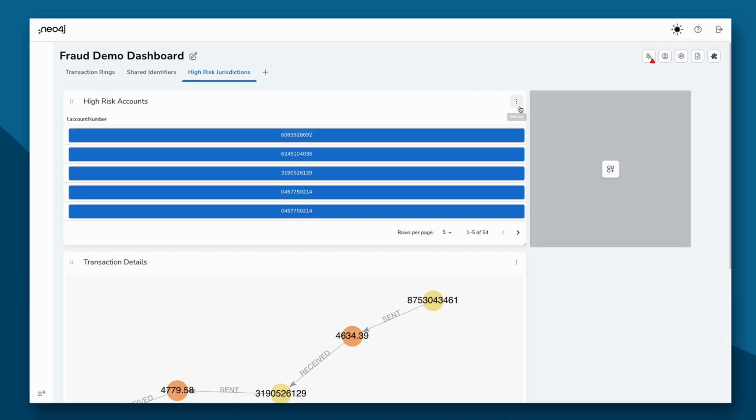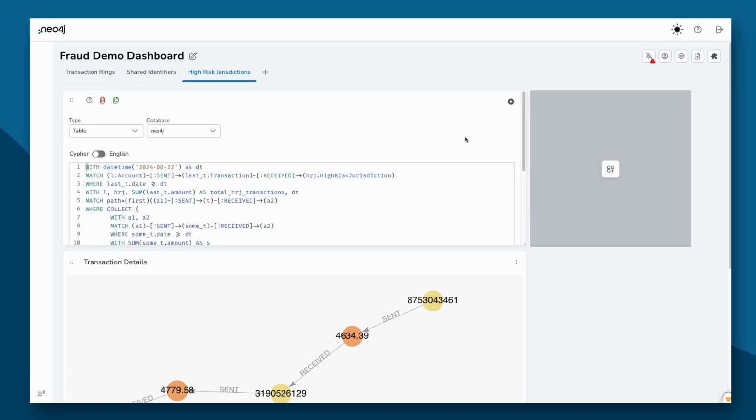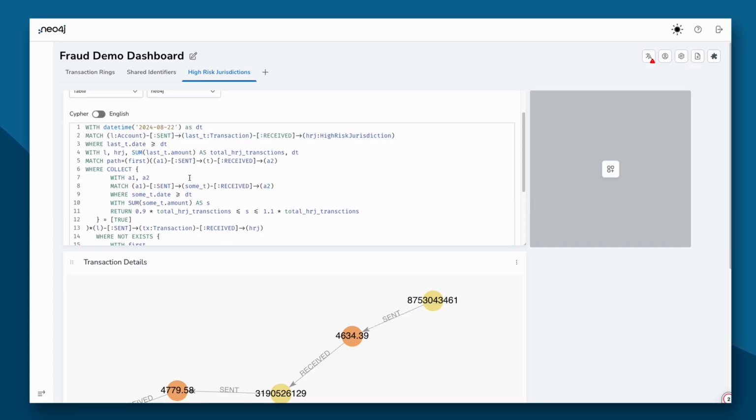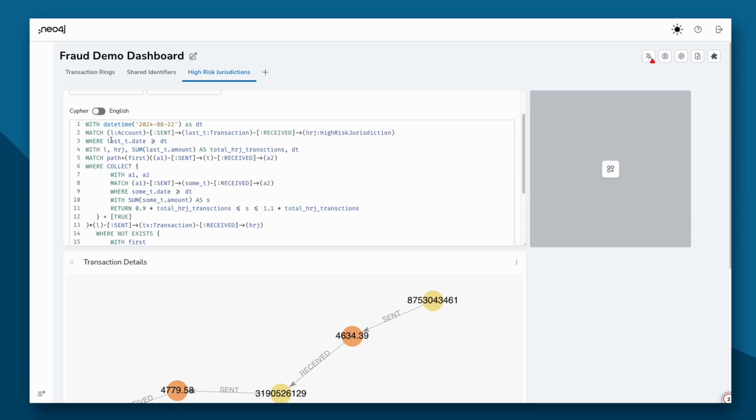So let's look at this query, because to do this kind of thing when data is stored in rows and columns, it's going to be a pretty complicated query that probably doesn't perform particularly well. But looking at a query in graph, we're going to anchor on a particular date here. I just picked this one at random. And we look for a starting point where the account is transferring money to a high-risk jurisdiction. That's the easy part. Now, the fun part comes when we start to look at the details. Where did this money come from? So we're going to sum up all of those transactions to the high-risk